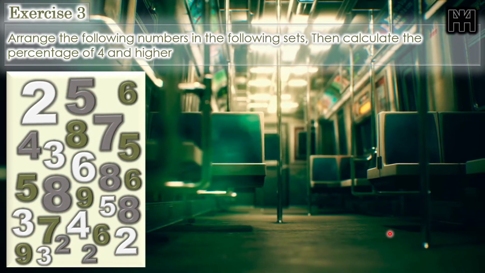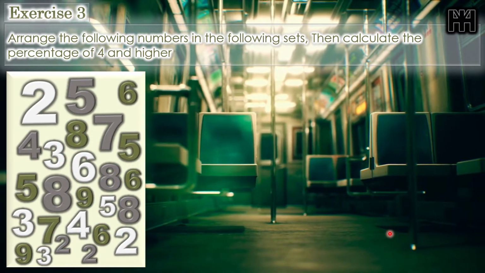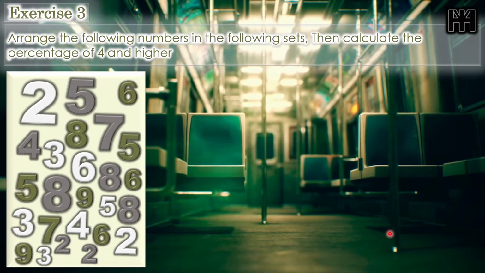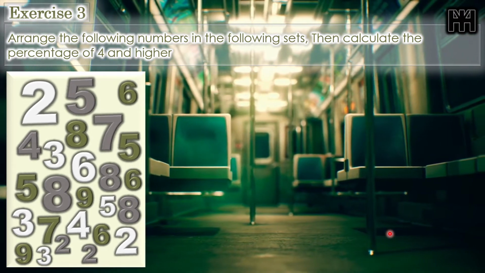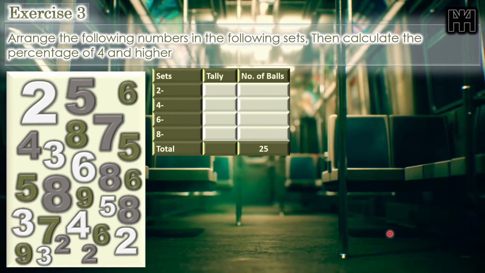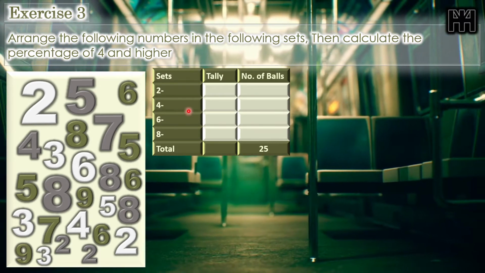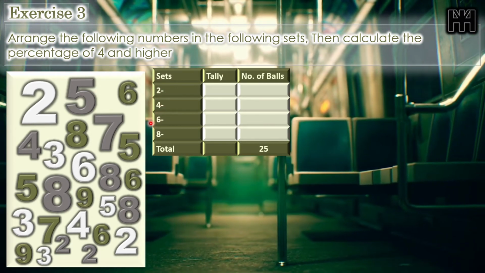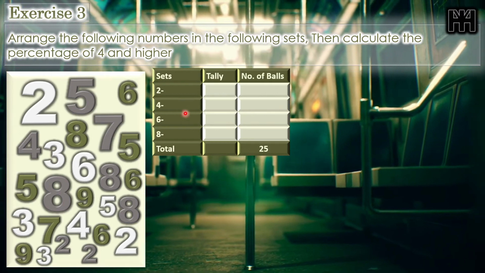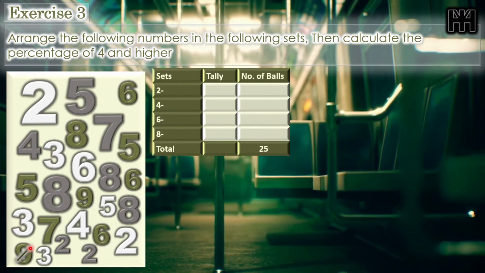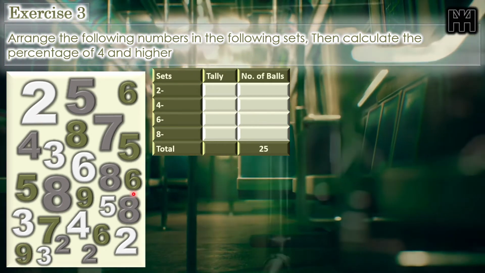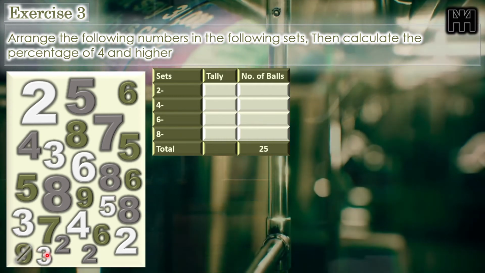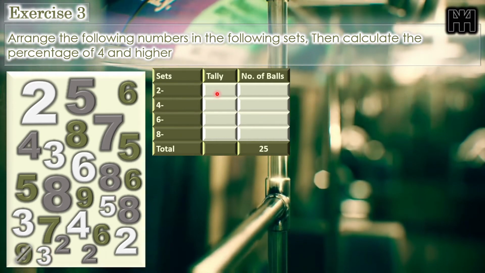Okay, arrange the following numbers in the following sets. Then calculate the percentage of 4 and higher. Okay, we will arrange the numbers in the following sets: 2, 4, 6, 8. Okay, now the 9 here belongs to 8, and the 3 here belongs to 2,